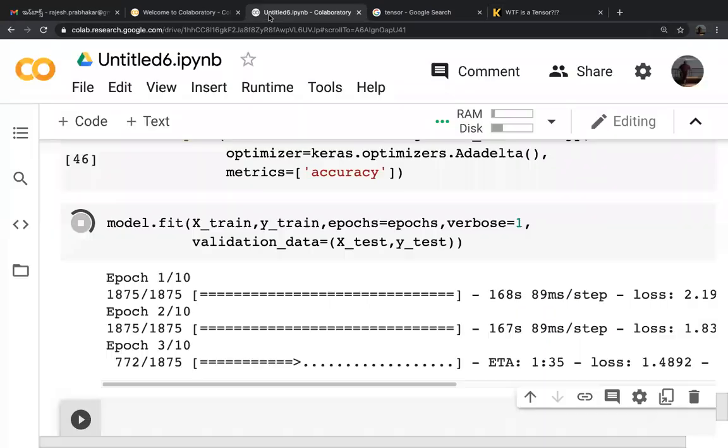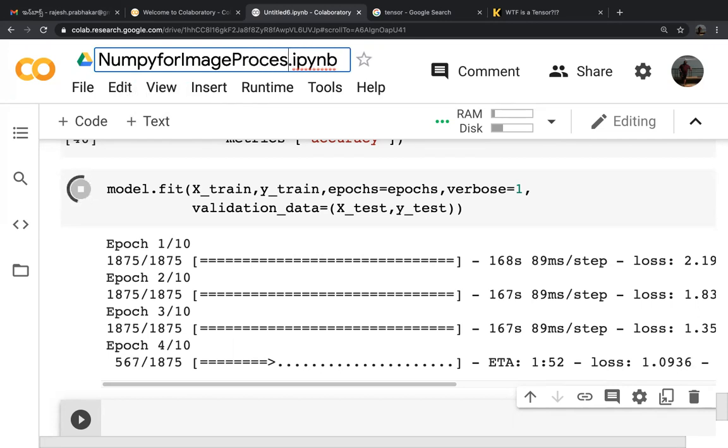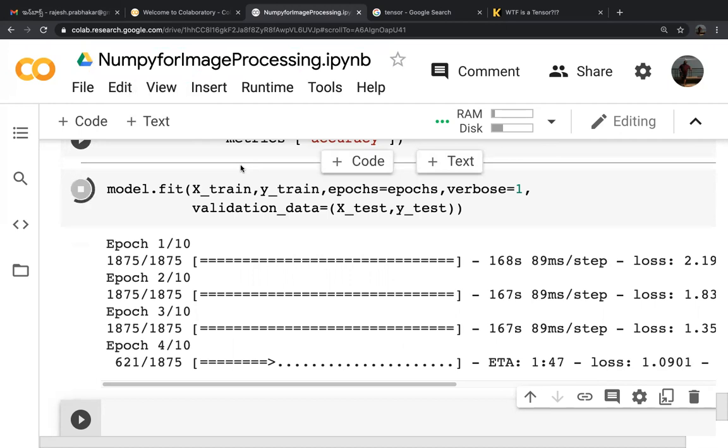So this is the process of neural networks, and this is how NumPy is used for image processing. NumPy for image processing is very interesting. Without this, if you go to image processing, you will have a lot of doubts. But how NumPy helps you clarify them is a very interesting thing.